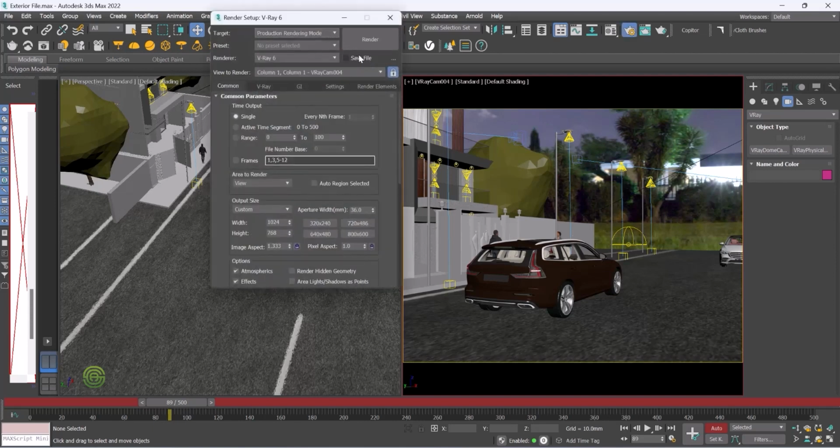Here you have save file. If you directly start rendering and in between you want to stop it, or something goes wrong, the file will not be saved. So it is better to save the render output file before starting the render. So click on save file